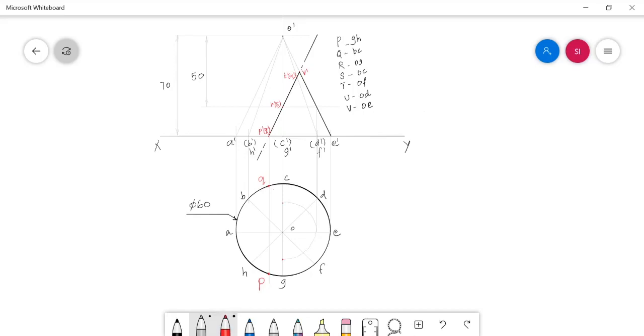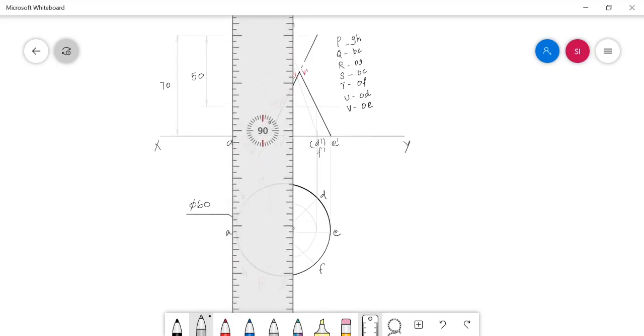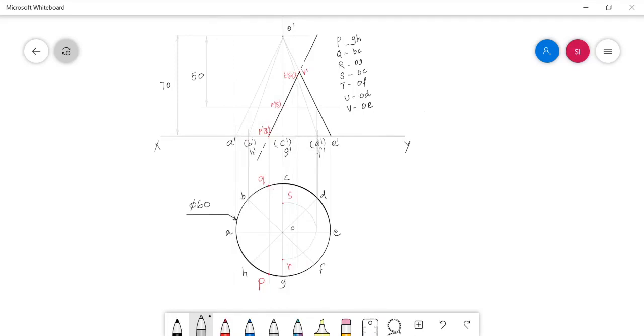This is nothing but cut point R, and that is cut point S. And again I needed to project the cut points T and U and mark them in their respective position. The projector from the cut points T and U intersecting with OF and OD in these two places. That is intersecting with the OD here, there I needed to mark the cut point U, and intersecting with the OF at this part, there I need to mark the cut point T.